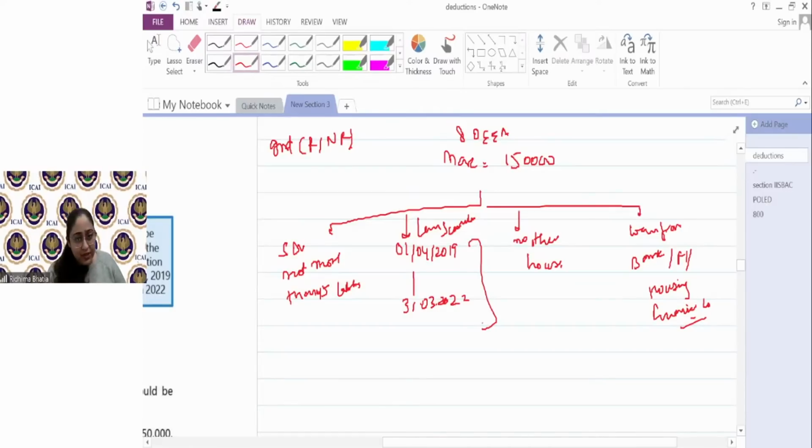So how would you get to know which section has to apply? Naturally, the loan sanction date has to be seen, and then the loan house property value has to be seen, and then other conditions have to be seen. But naturally, first condition to trigger is this. लोन से पहले का है मैम